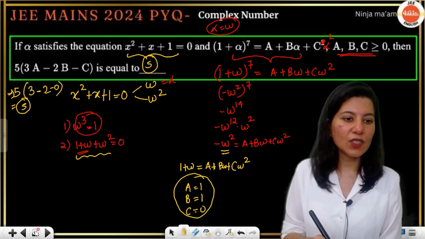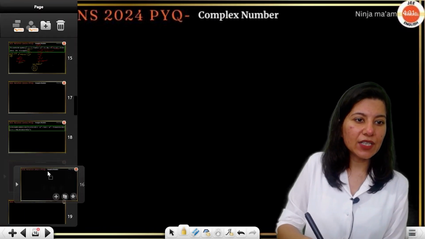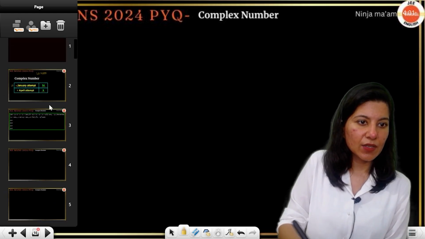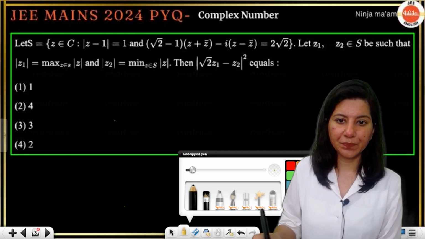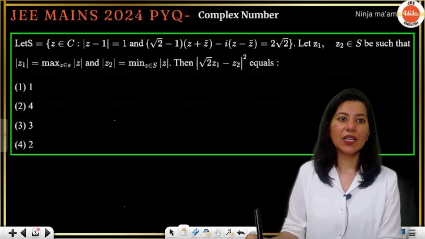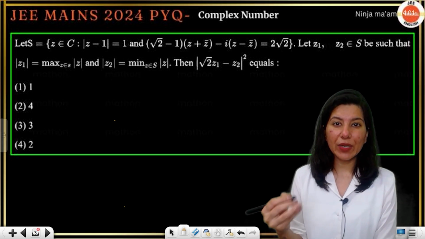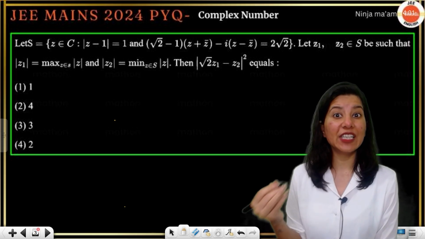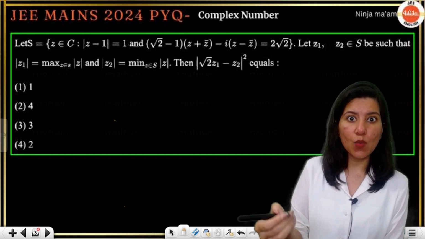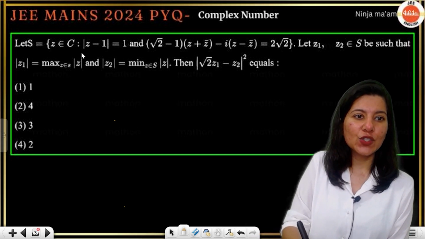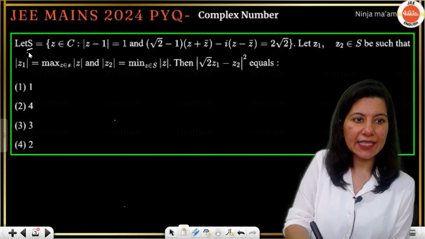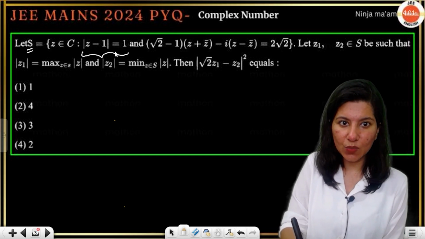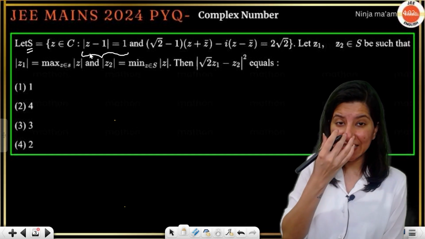Okay. All right. Now let us talk about the next question, which is this. A little bit lengthier questions will come on the way. Now be prepared that questions will be a little bit lengthier from now on. So here set S is equal to this: mod z minus 1 equals 1. So this is basically a circle